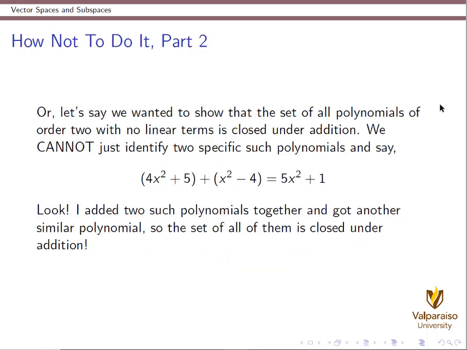Or let's say we went into the space of all polynomials, or maybe all second-order polynomials. And then we said, in this big collection, let's make a more special collection. We only want to look at polynomials of degree 2 that don't have the linear term of x to the first. Is this closed under addition? Well, here's an example that indicates it might be closed under addition because I'm showing two of these polynomials with no middle term being added together to produce another similarly structured polynomial. But I can't say, ta-da, the whole space is closed under addition because this is just one example. There might be others where it doesn't work. But again, maybe this leads us to the format